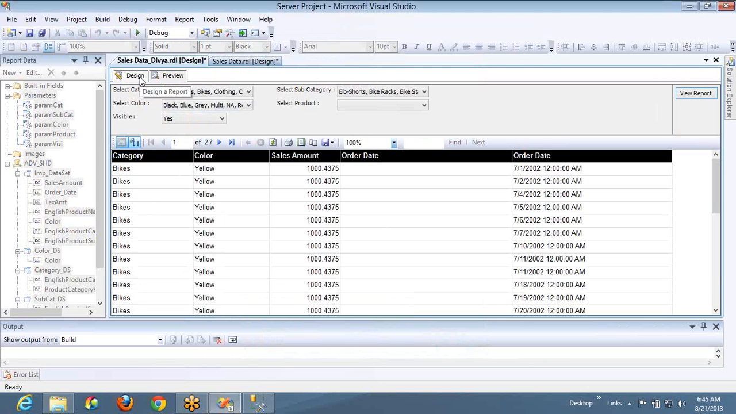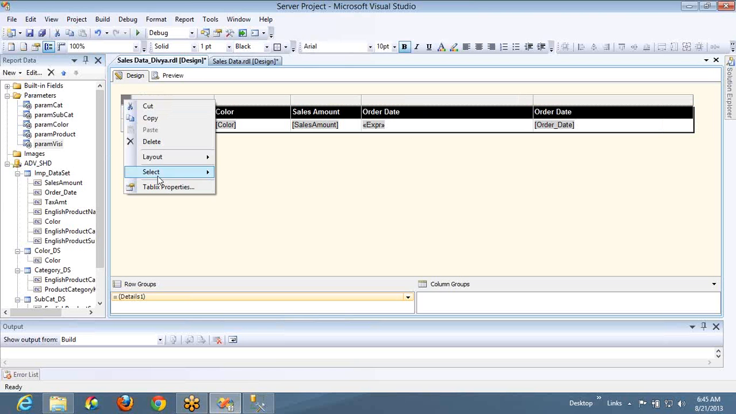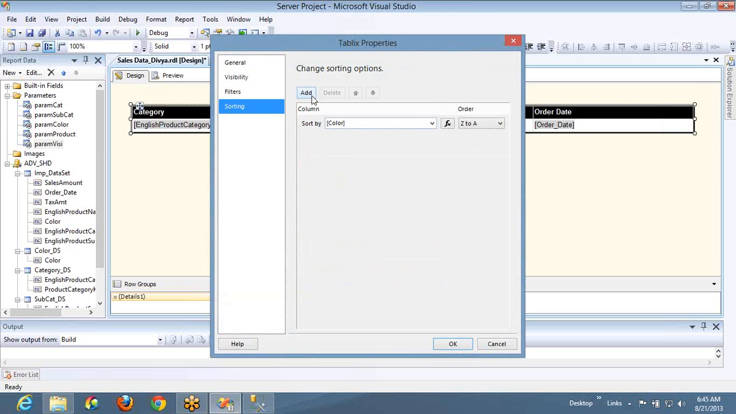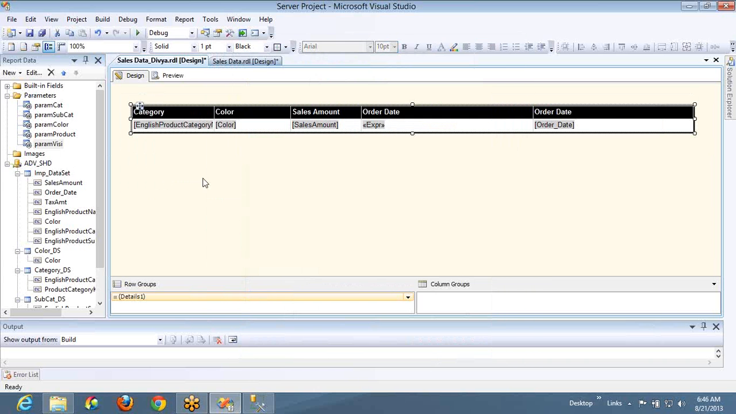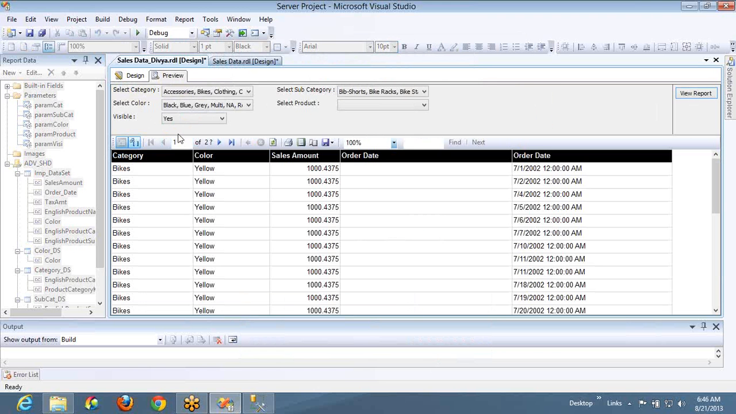Okay. Now let me take some other value. Why? Because I have only bikes here. If I have another category, then it is a different case, right? So let me go to the properties and sort it based on color Z to A, and let me take sales amount. I have sales amount, right? A to Z. So if I click on preview and let me select yes,